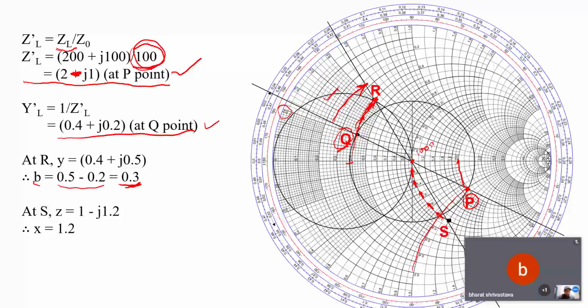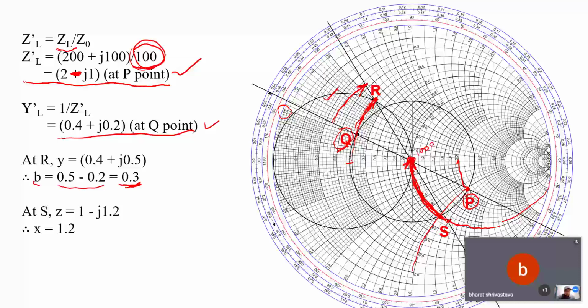These are series adding. So I am again converting this admittance into impedance. I draw a line that passes through this point and the center of this Smith chart, and this cuts the unit resistance circle at this point. Again we have to move this much distance to reach the center of the Smith chart. If we move here, then the load impedance is matched to the characteristic impedance of the transmission line.